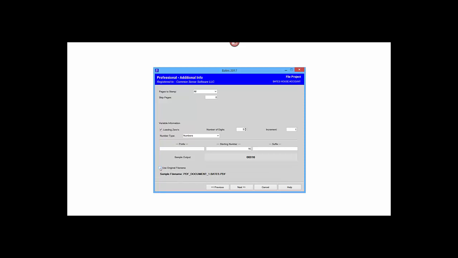If that's not checked, the files will be stamped and put in the recreated document or recreated folders, and that takes it away. The other thing this will do is if you have a setup